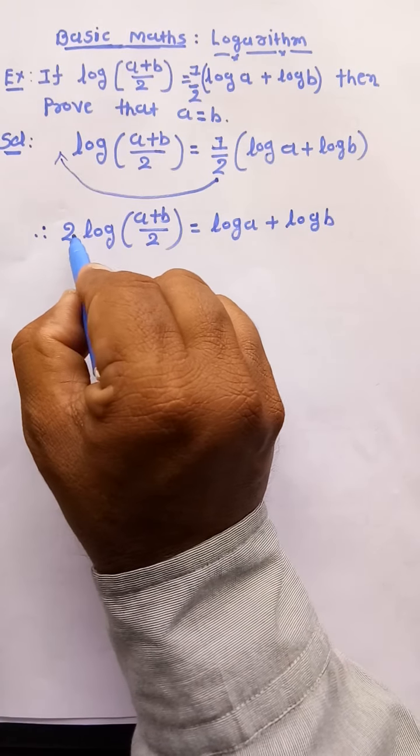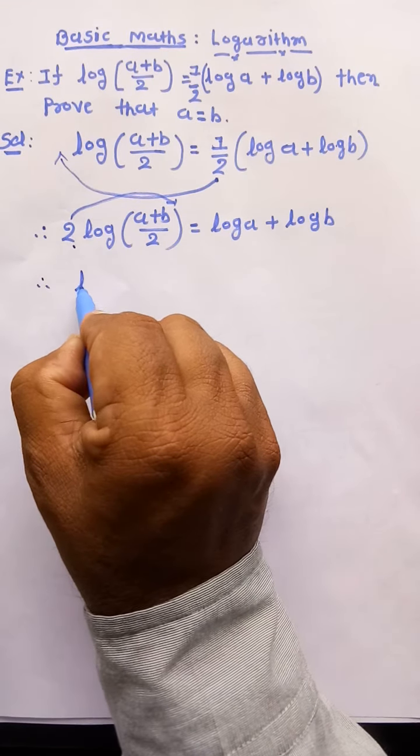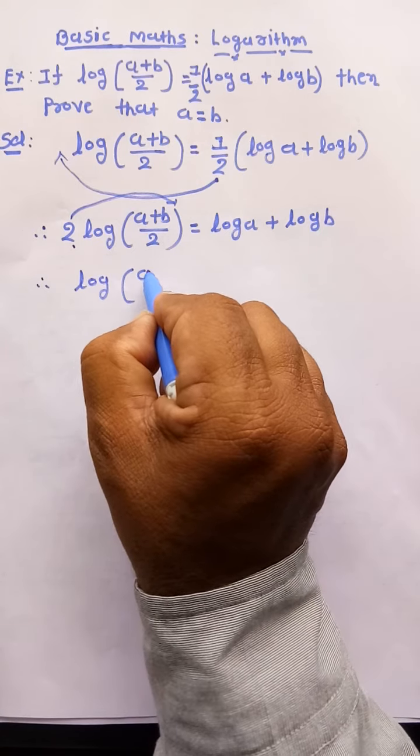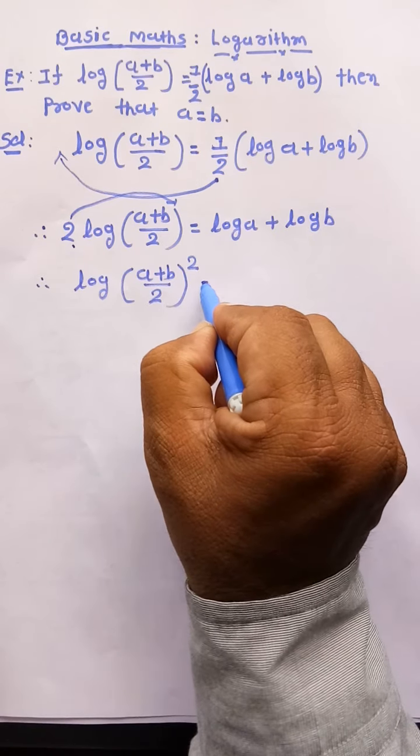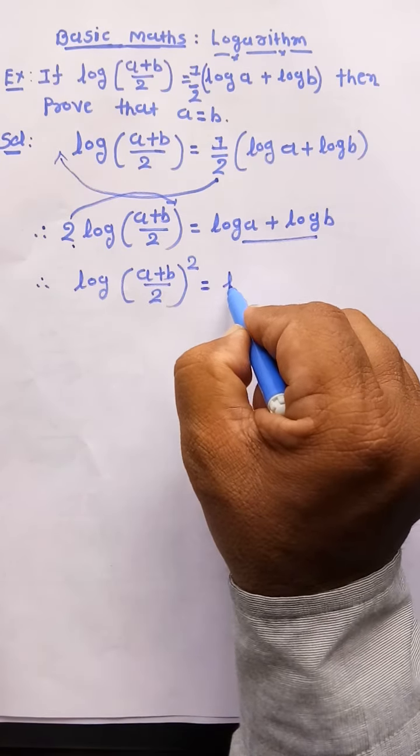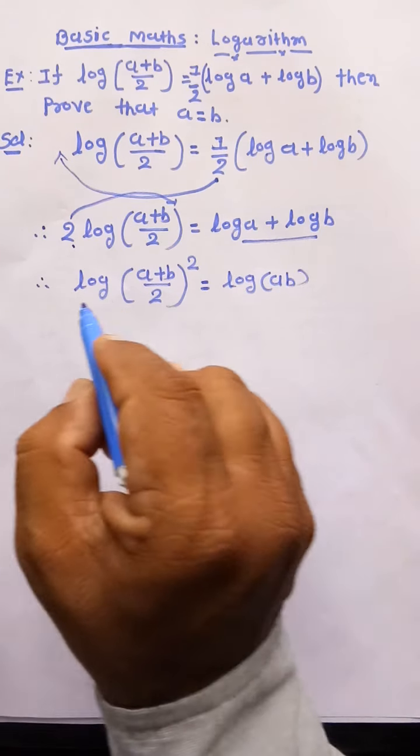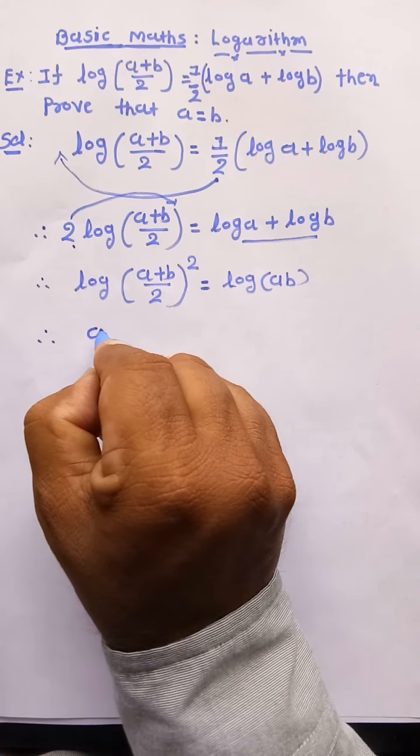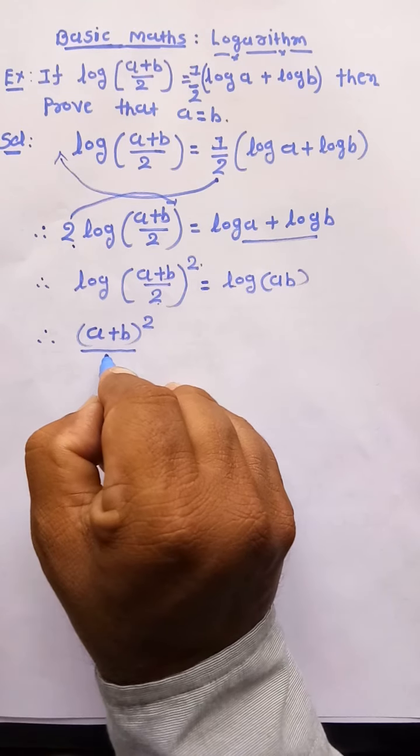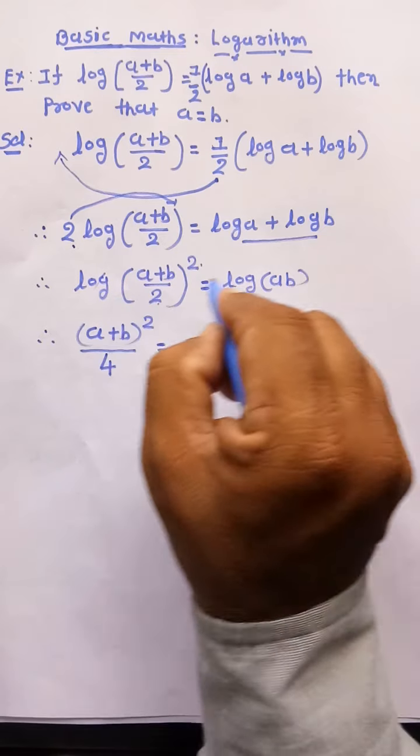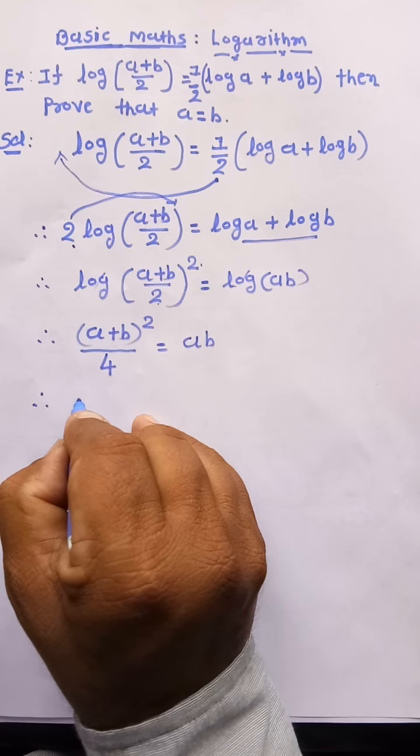Now here 2 is multiplication of log, then 2 goes in power. So log (a plus b by 2) raised to 2. Now here log is common, then a multiplication b, that is ab. Same log is removed, so (a plus b) whole square by 2 square, that is 4, log removed, that is ab. So (a plus b) whole square is equal to a square